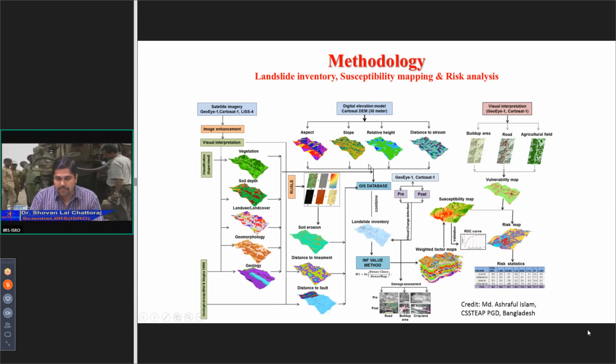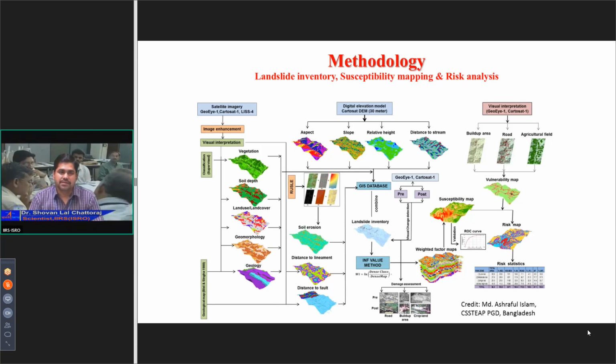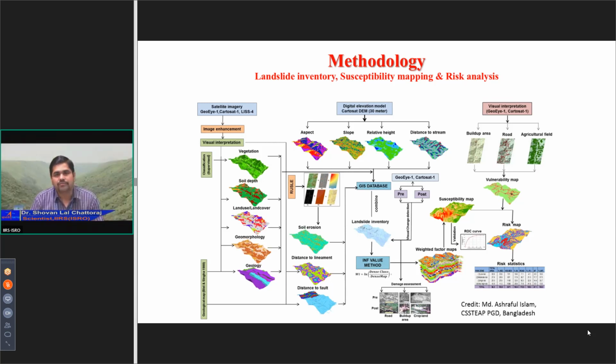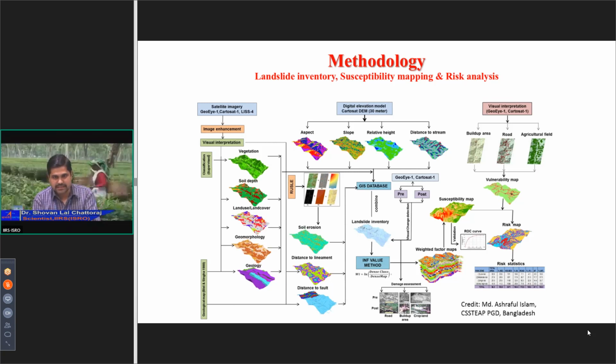So suppose I cross the slope layer. The slope layer, this thematic layer, will have several classes. Suppose I get 4 classes: 0 to 20 degree, 20 to 40, 40 to 60, 60 to 90, like this. 4 classes. You can see the distribution on this raster map. Now, if I juxtapose, if I cross this with the landslide inventory, I can easily see which are the pixels,